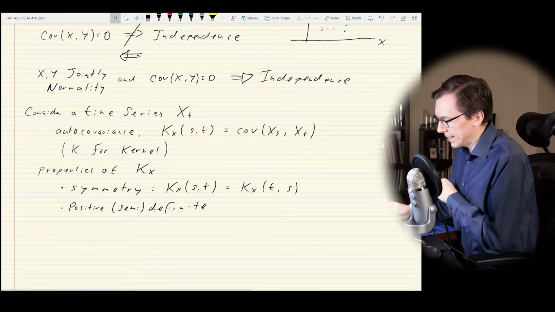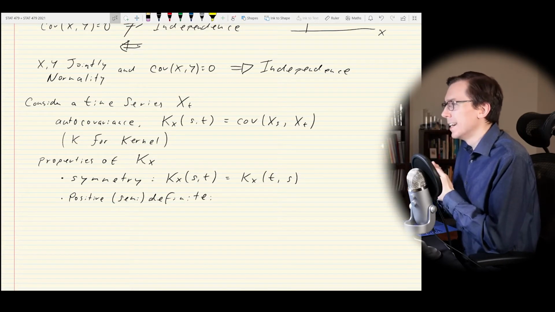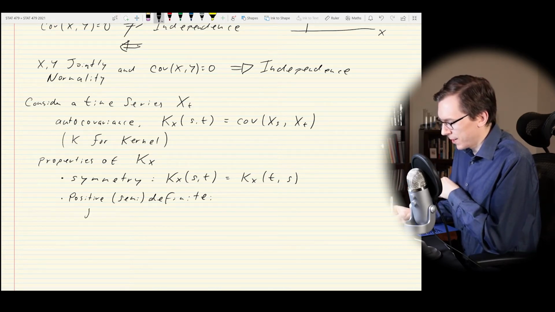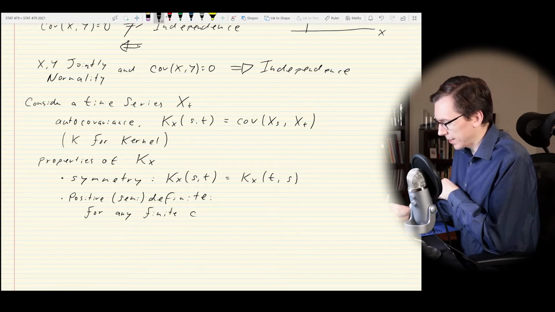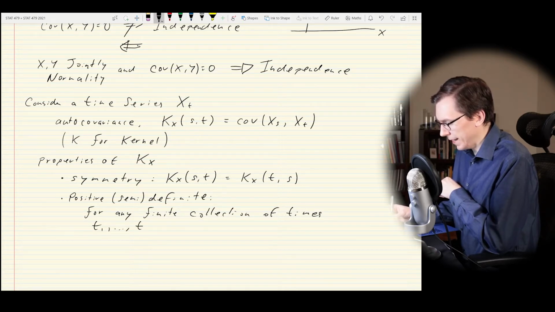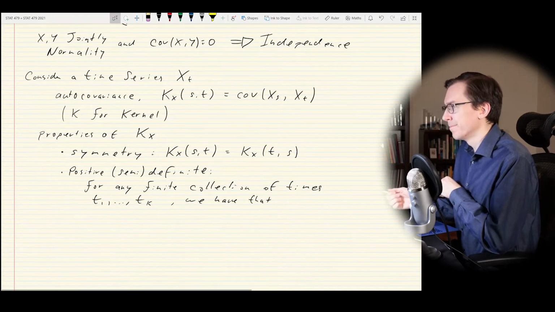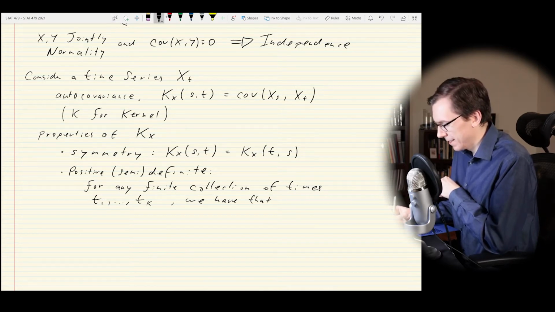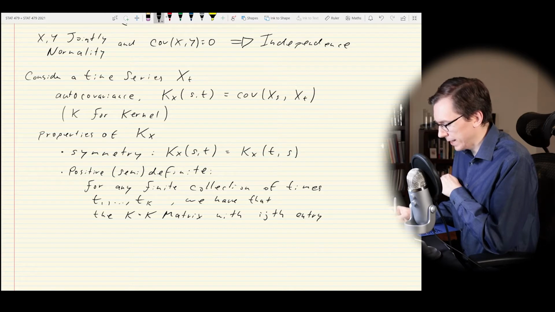Well, in this case, or an autocovariance function, I guess, it means that for any finite collection of time points, times being, let's say, t_1 through t_k, we have that the k by k matrix with, we'll say, ijth entry being